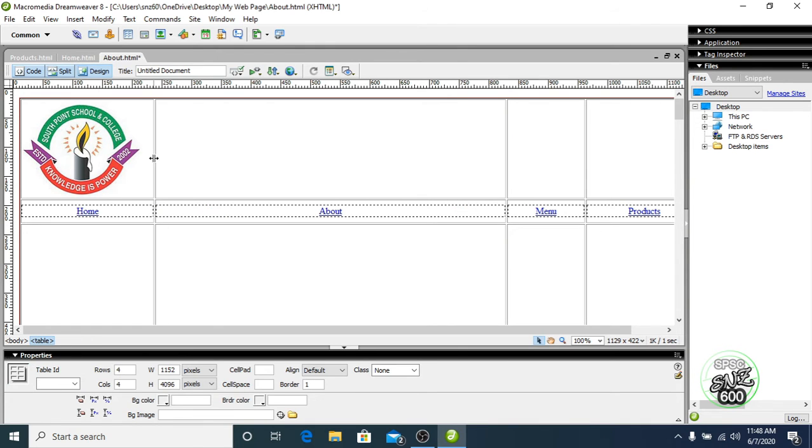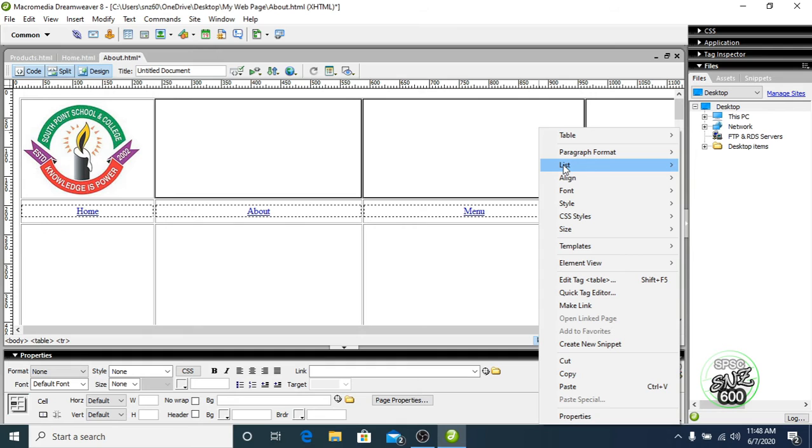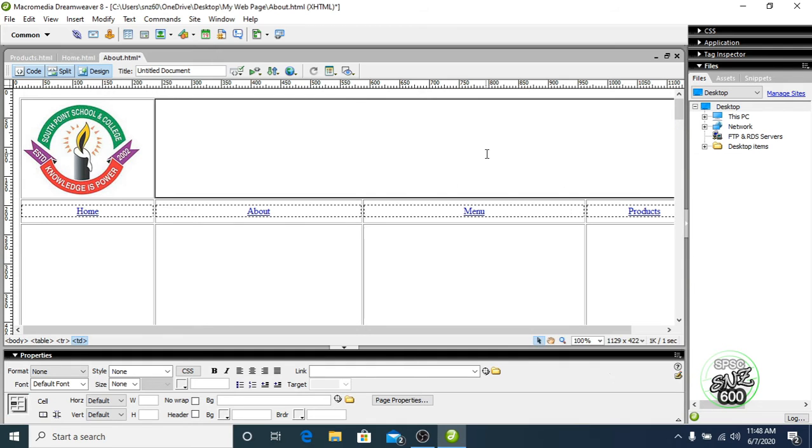Resize it, and I want to merge this here also, so select the columns, click on table and click on merge.